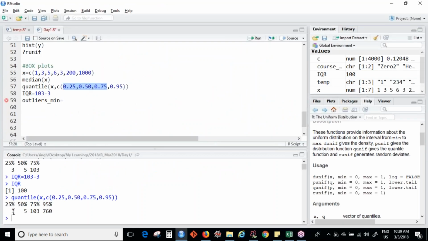So that is how we got these numbers. Now it is simple. Once you have your Q1, Q2 and Q3, you can go to the box plot formula. Directly box plot tells us